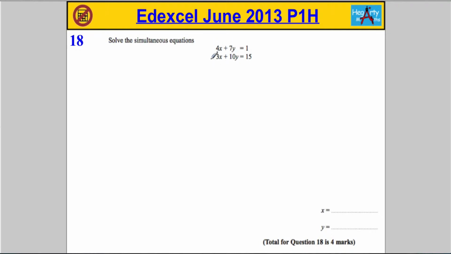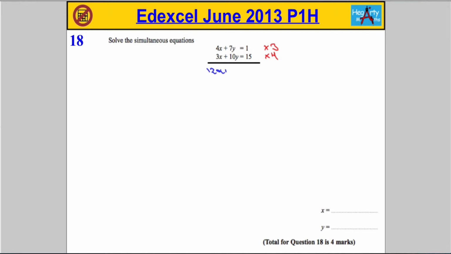In order to do so, I'm going to want to make the number in front, or the coefficient, in front of x the same in both equations. In order to do that, I'm going to times the first equation by 3 and times the second equation by 4. So I'm going to draw a little line underneath and we're going to rewrite our equations now after this adjustment. So timesing everything in equation 1 by 3, we're going to get